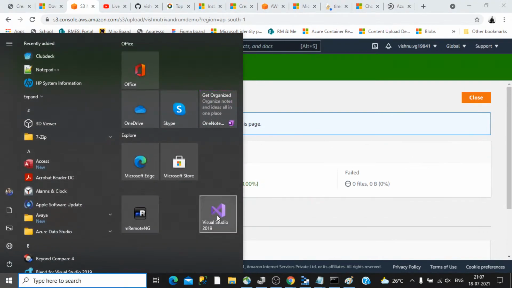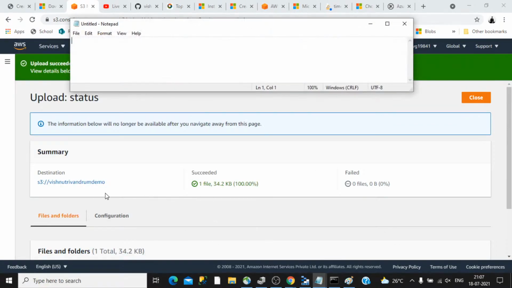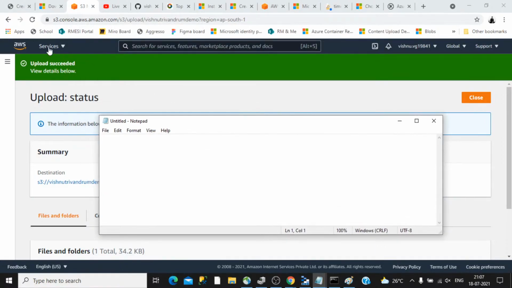So let's say now we have a file in our location, that is the S3 bucket, or in the other case it can be in an Azure storage blob location. So the concept is similar. Now your application wants to access this particular S3 bucket and this particular file. So how is it going to access it? There are multiple ways. One way is to use an HTTP REST API that is provided by the cloud vendor. So based on the cloud provider you are using, either Amazon or Azure, you can use that.